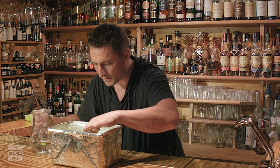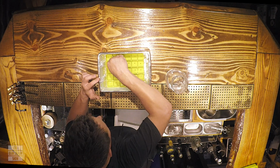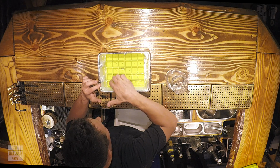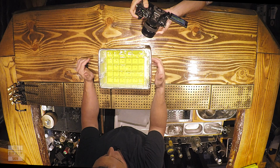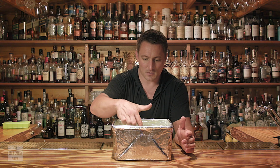You really want to do your best to make sure the silicone's just sitting at the top of the water, like that. You want to give it a little tap just to make sure that you've got all the bubbles out of the bottom. And once you're sure you got all the bubbles out,